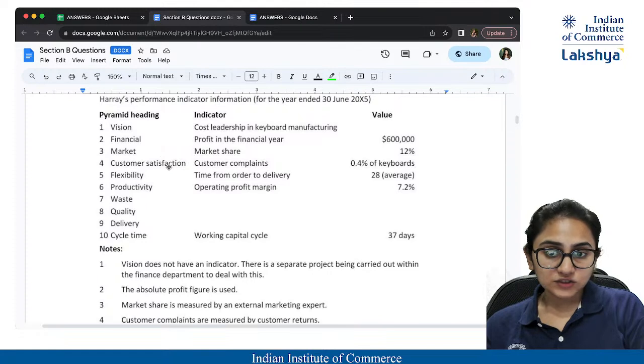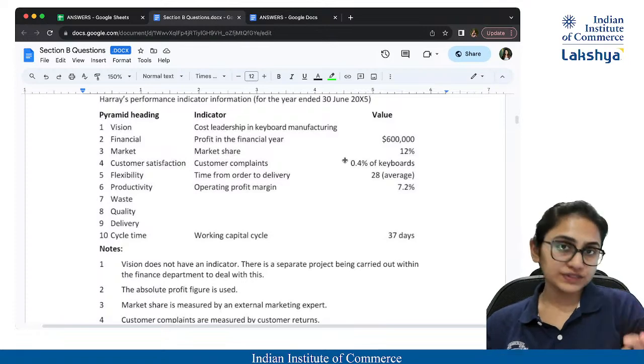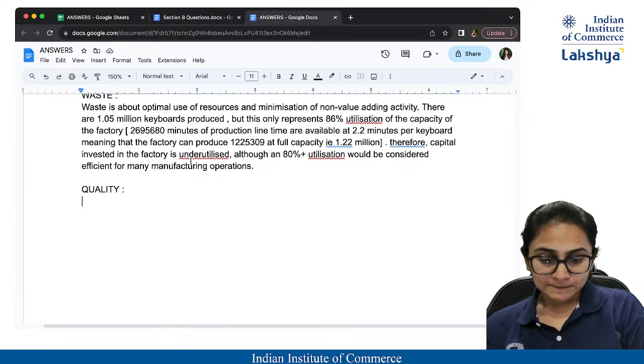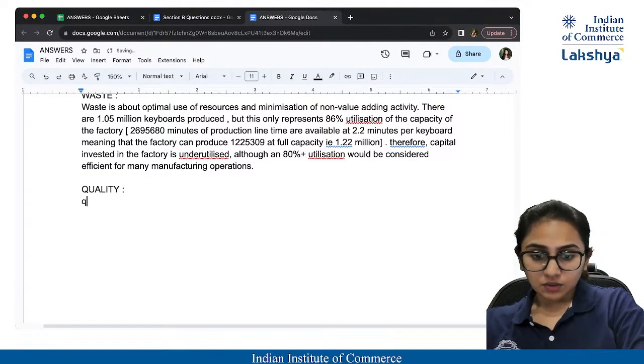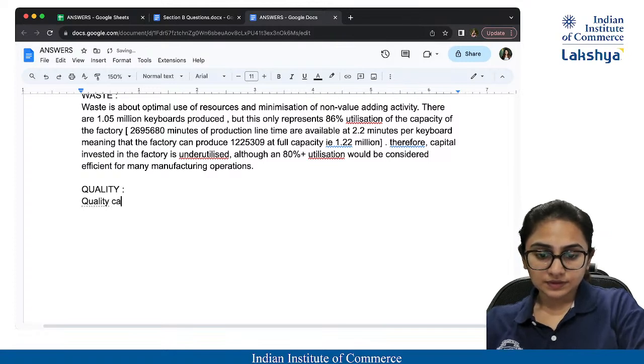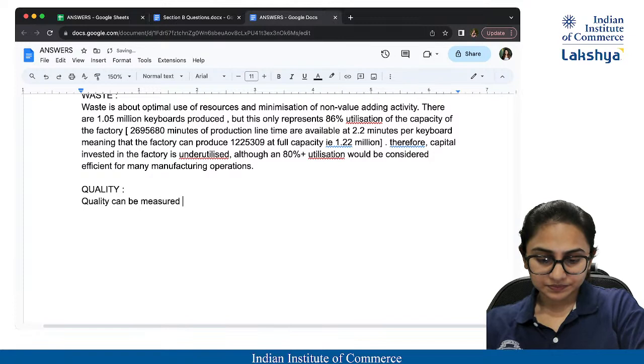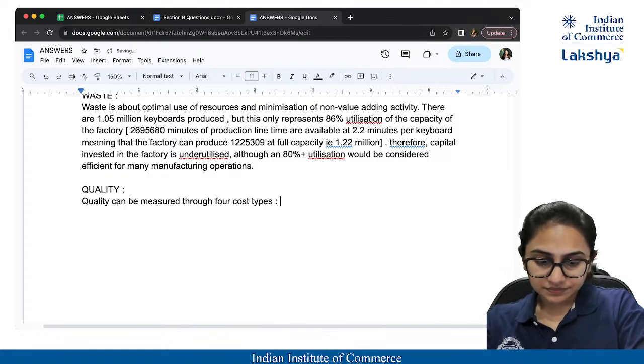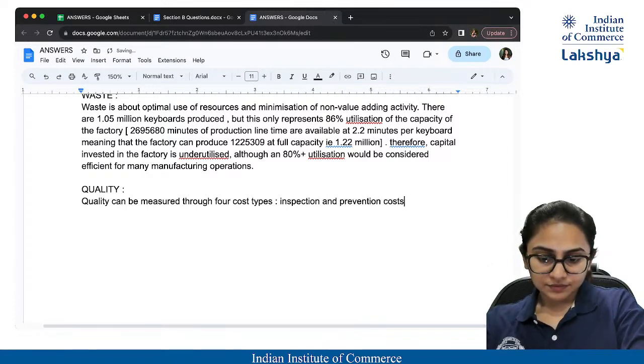what is the customer satisfaction here in terms of customer complaints? Customer complaints are 0.4% of keyboards. Okay, so now let's write about the quality factors. Quality can be measured through 4 cost types. And what are the cost types? Inspection and prevention cost,